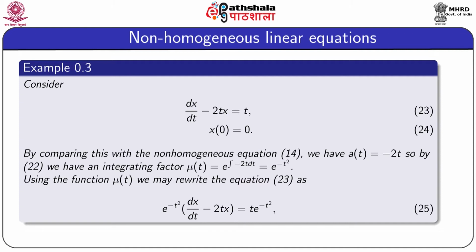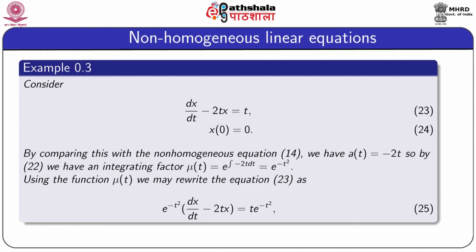If you integrate this simple function, you will get the integrating factor to be e to the power minus t square. We next multiply this integrating factor to both sides of equation 23,